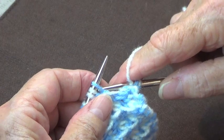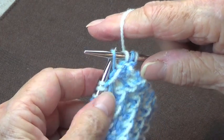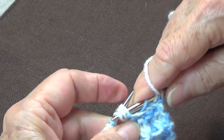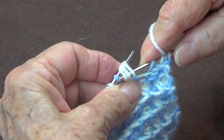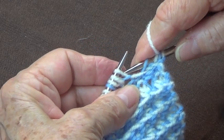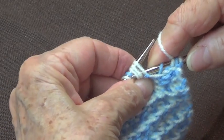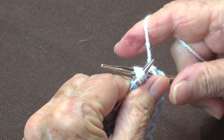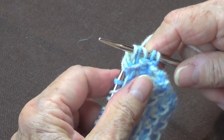So next stitch we're going to pass as if to purl with the yarn in the back, and again we're going to come pick up these 3 stitches, pick them up from the front because there's a yarn over there. If you pick them up from the back, you might not get the yarn over. So pick them up from the front and then pass your needle to the back and knit the 3 together,